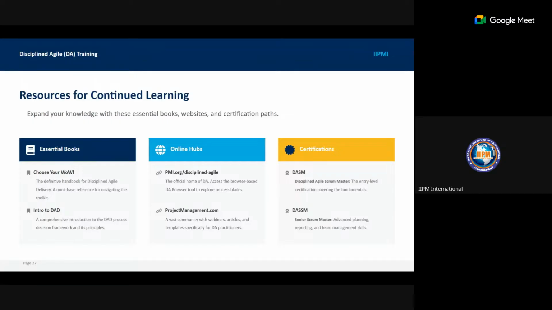You have the Disciplined Agile Scrum Master and the Disciplined Agile Senior Scrum Master, and all of this is just to help us deepen our knowledge of Scrum and Agile, Agile tools, Agile methodologies, Agile practices, Agile frameworks, and the likes.